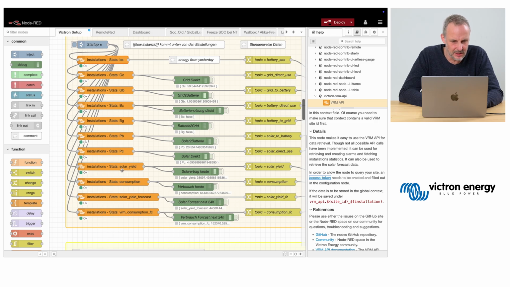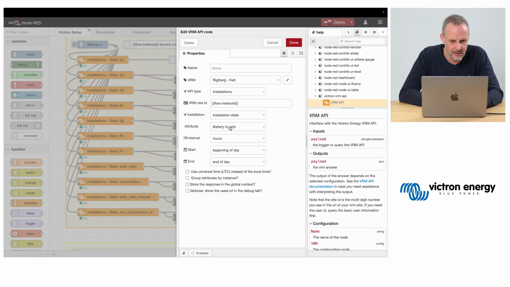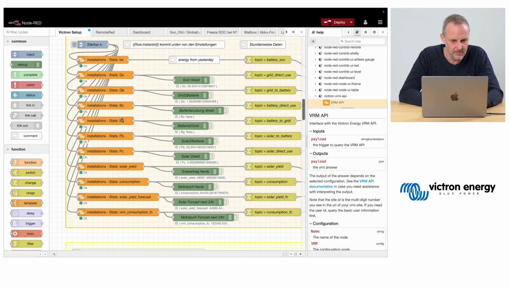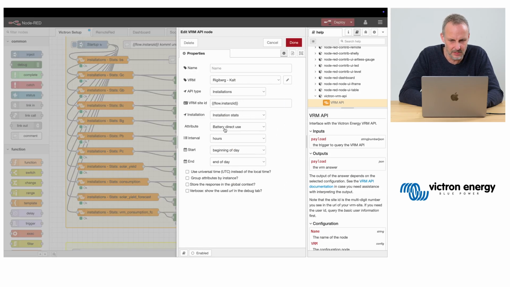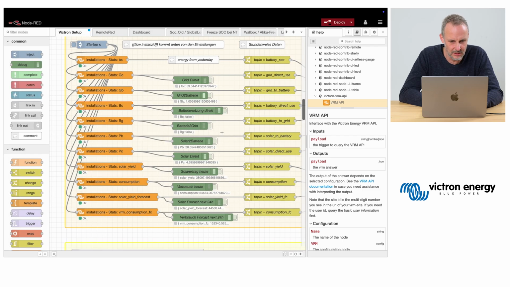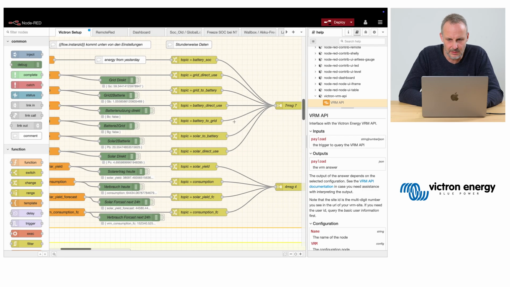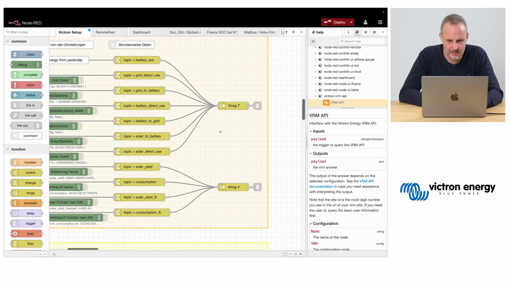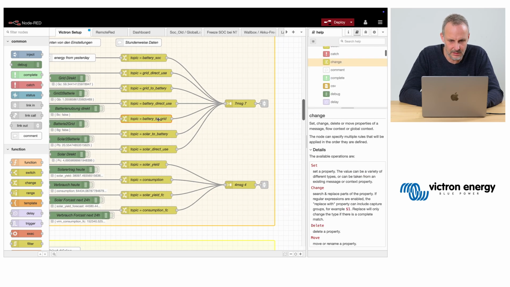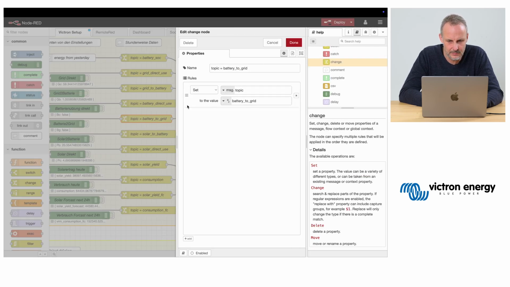So this stores a lot of statistical data: solar yields, consumption data, forecasting, battery to grid, battery direct use data, and it stores it all in different places.